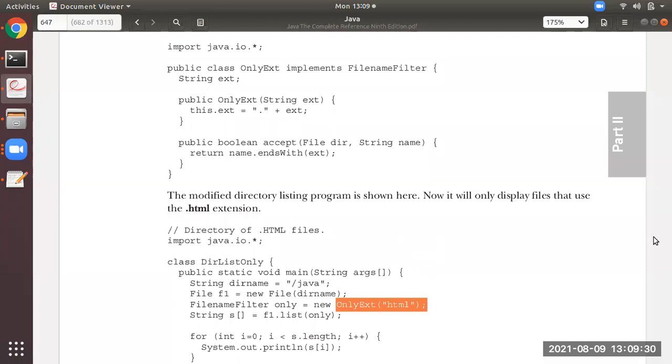So suppose we have given .txt. So here this ext will be equal to whatever you have given from here. As we have given txt, now as this particular program is implementing file name filter, in this one, accept is defined. So dir, what is this dir? It is consisting of the directory name. That is dir name. And what is going to happen is, what is this particular